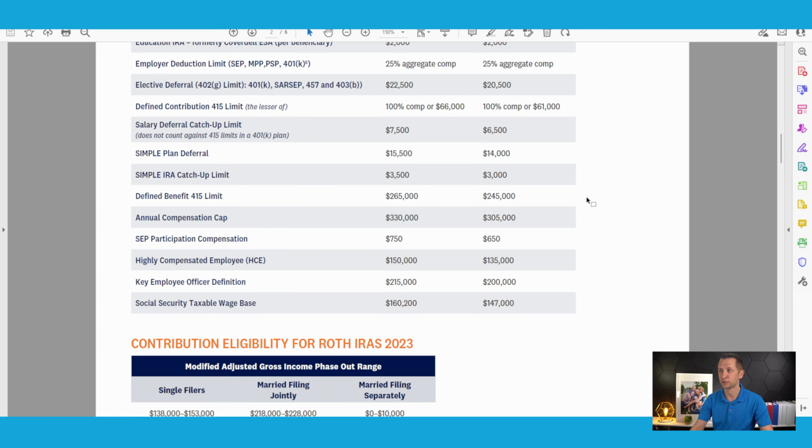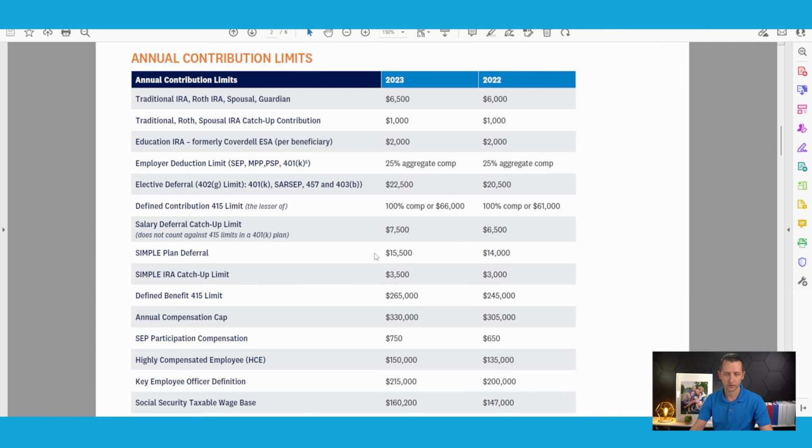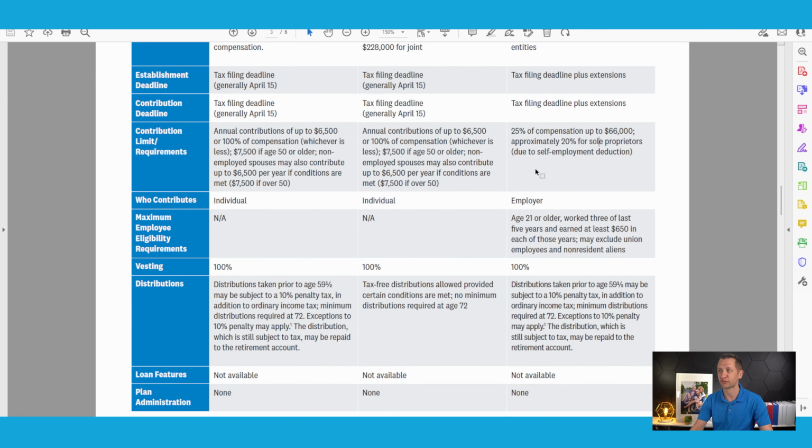$66,000 is for 2023. And really quickly, you're going to see these numbers over and over again. We can see it right here: 100% of compensation or up to $66,000 for 2023. If you're still in 2022, 100% of compensation up to $61,000. That is the maximum that you can put in, and that's up to 25%, approximately 20% for sole proprietors. It works out. It is 25% for sole proprietors, but there's this funky math because of net profit, what it's based on,